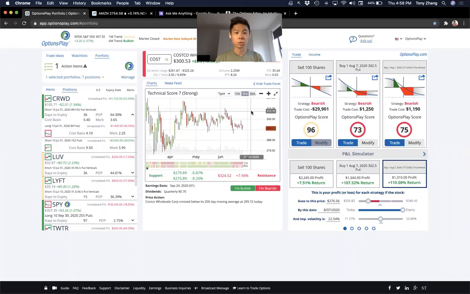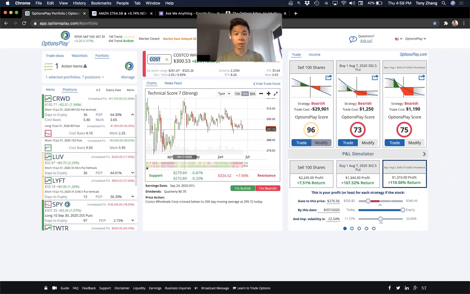Are people going to continue to maintain their memberships when you have 30 million unemployed people? My thesis was that wasn't going to happen, but Costco stock has not taken a decline. So my view is I'm a little bit more bearish on the stock, but the stock hasn't broken below 300. I need to see a break below 300, but even on a break below 300, the next support level is at 280. That's not a big move to the downside on a $300 stock. So I'm not trading Costco at the moment, but those are my views.